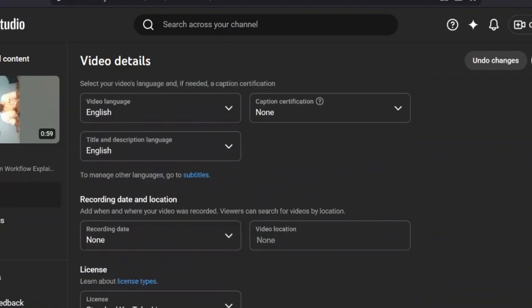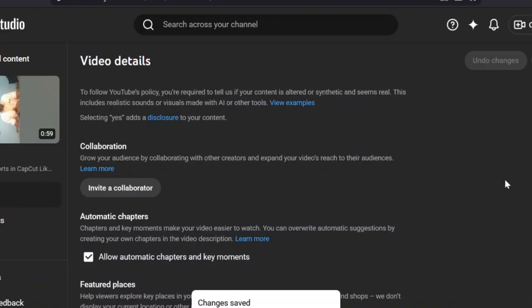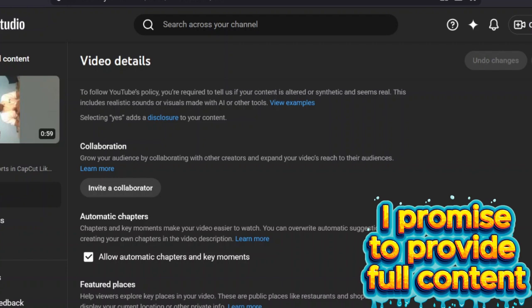We can check some other setups. So, save. Now that we have set this up, we have taken it to YouTube. We made it private. After we prepare the thumbnail, we will change the setup from private to public. In this way we can edit and upload videos to YouTube. I will present the thumbnail separately: how to create good, impressive thumbnails.